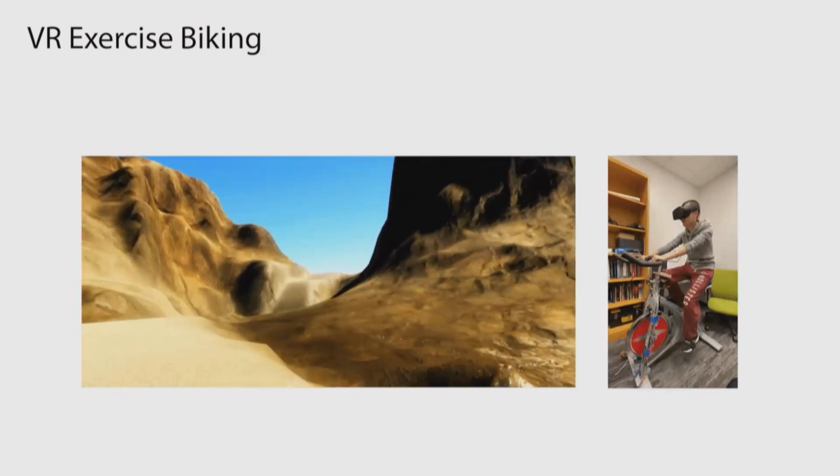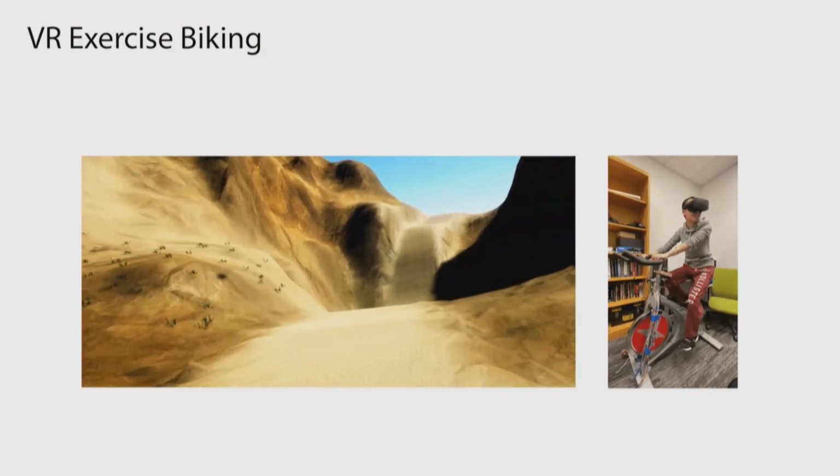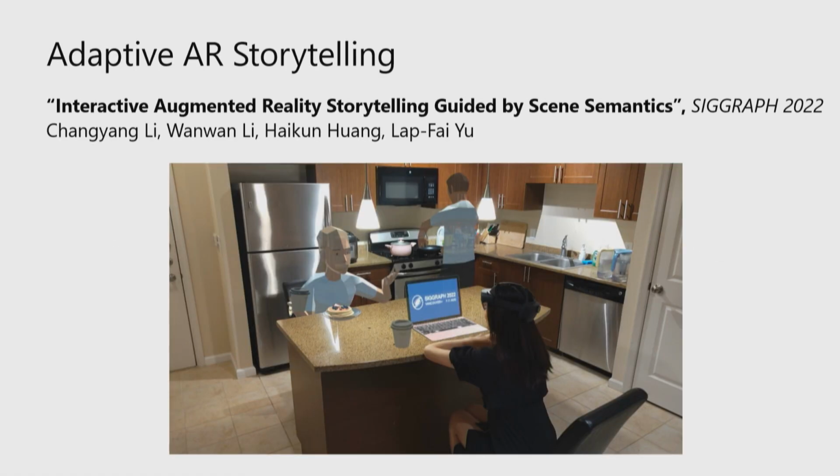But it's not just about the feeling, it's also about the exercise, right? So we have the algorithm behind that which will be able to generate the experience according to the exercise goal. For example, if I want to burn a few hundred kcal of calories, can you generate an experience for me such that if I buy that experience, I will be able to achieve that? And so we have the algorithm to personalize the exercise program. And of course, there's a fun factor here that if you bike, you can enjoy the environment, not just purely biking. So along this line, we also work on virtual reality, augmented reality agents.